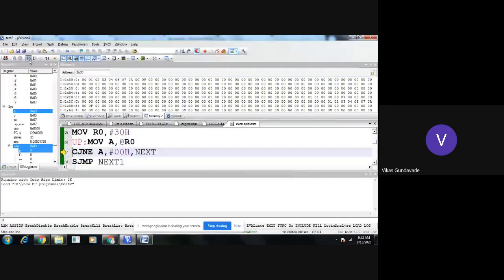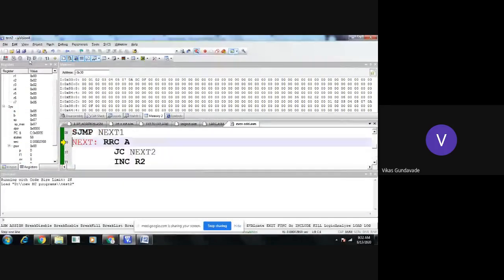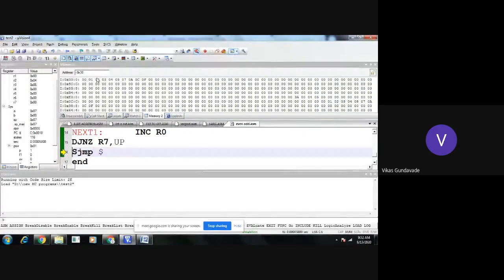Okay, so if we check for all the numbers, what will happen? Now see here, from these numbers, 1, 3, 5, 7, 5, 7 and 0C, these are 5 odd numbers, so R3 becomes 5.